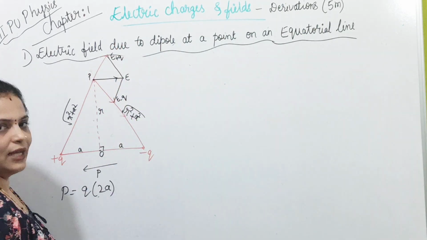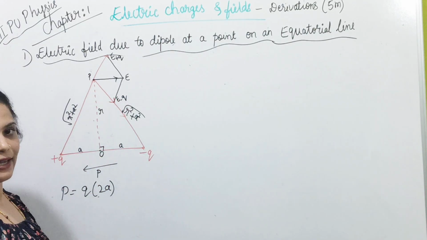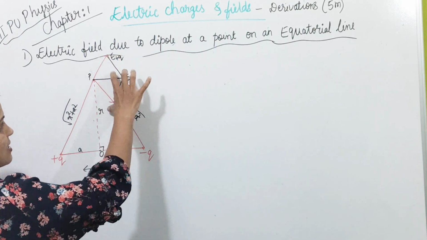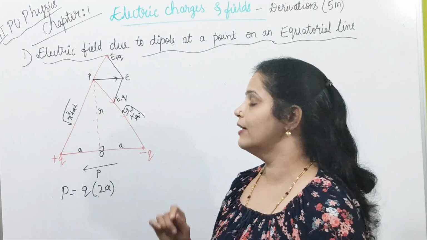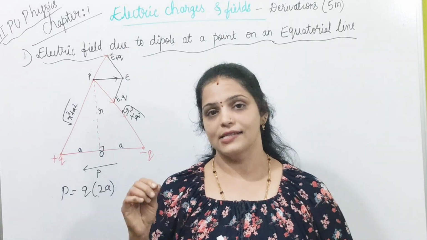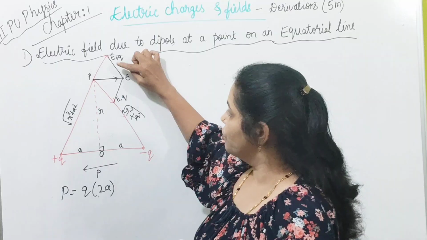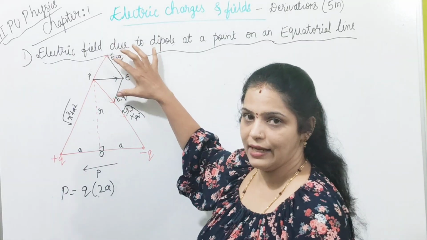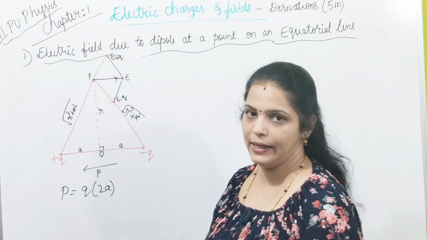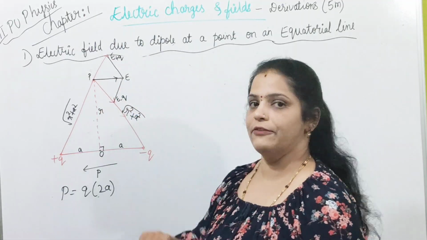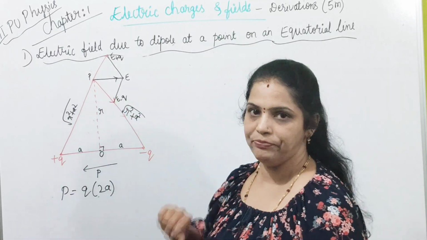Now, to find the total electric field, you are observing that these two electric fields make a certain angle, right? That's why we are considering the parallelogram law of vector addition, because electric field is a vector quantity. To find the resultant electric field, we use the parallelogram law. You have to construct a parallelogram by considering opposite sides parallel. See, these two sides are parallel, okay? And the resultant electric field acts along the diagonal taken from the same point, point P.